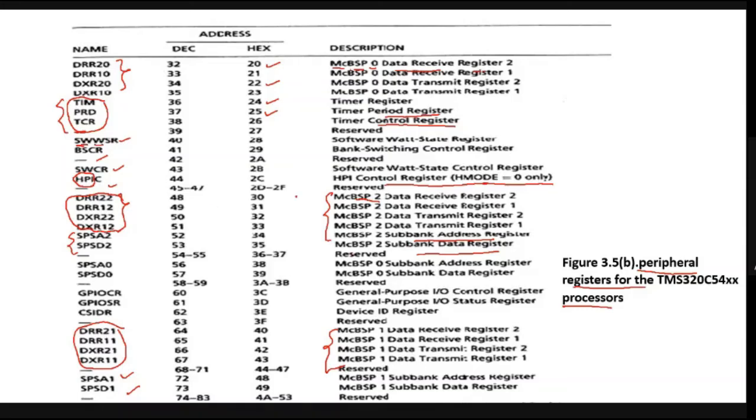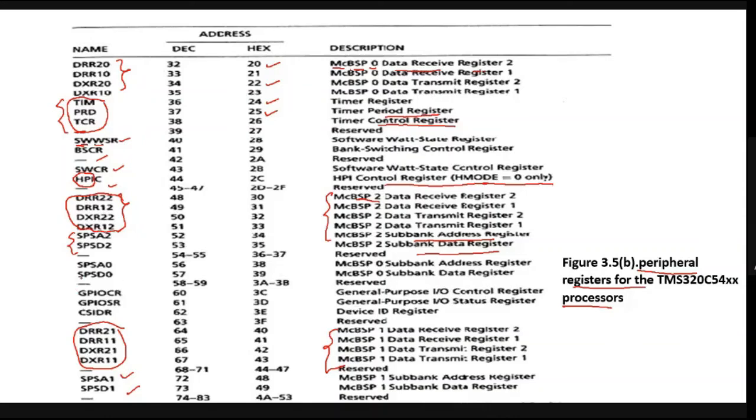Ma'am, is it necessary to memorize all those things, or is it necessary to remember the order? No need. It is only for your understanding, so that whenever I mention the terminology, you know what DRR is and what DXR is. That's why I'm explaining all this. From the exam point of view, I hope they have not asked to write all the names. Whenever it appears in that particular topic, if you explain that topic clearly, that is sufficient.